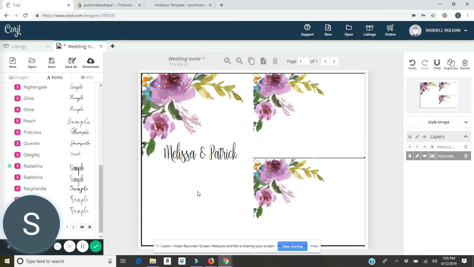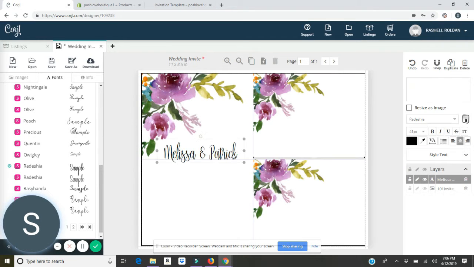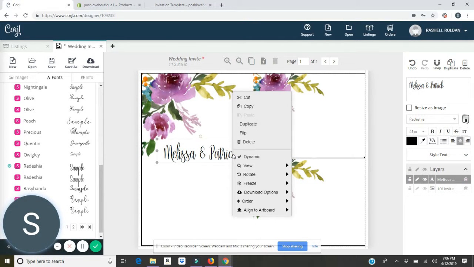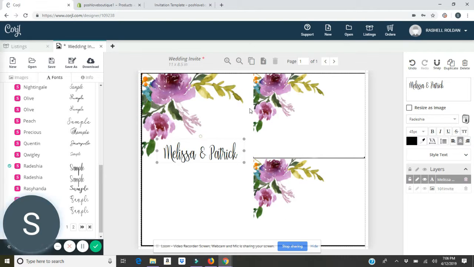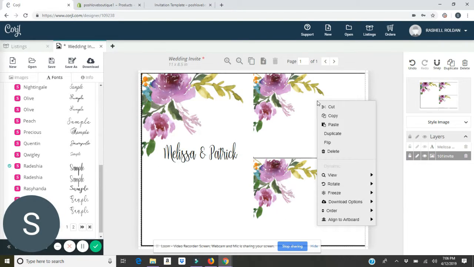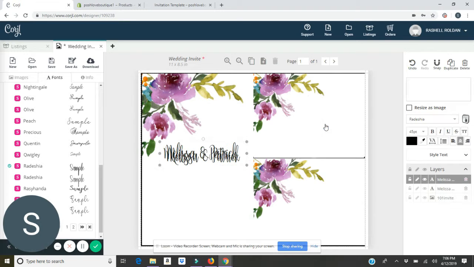Now the next thing I'm going to do is I'm going to use this same fancy font as the header for these two detail cards, just so they match. So I'm going to click on it, and I'm going to copy, right click, copy, and paste. Okay, and then you see it duplicated here. I'm just going to drag this up here, and I'm going to resize it in a minute because it's a smaller card. So I'm going to drag it down a bit,